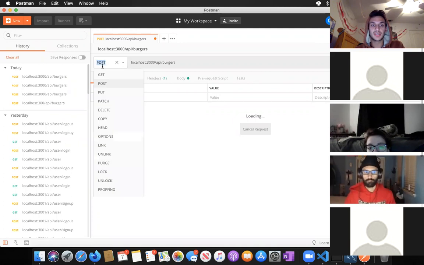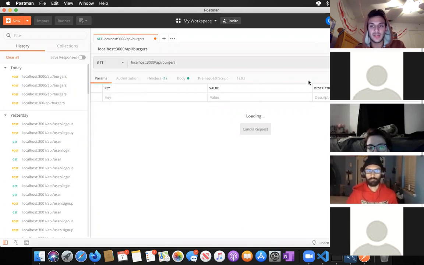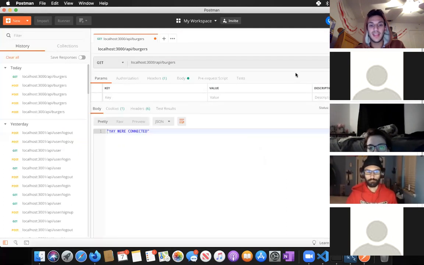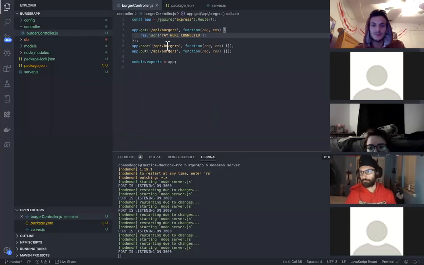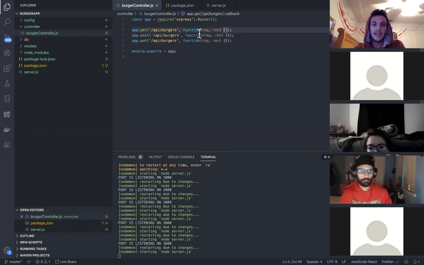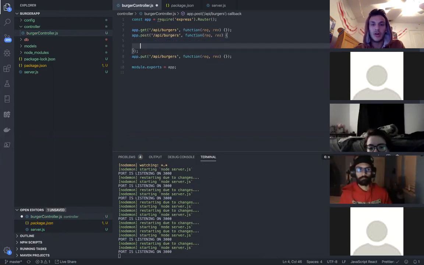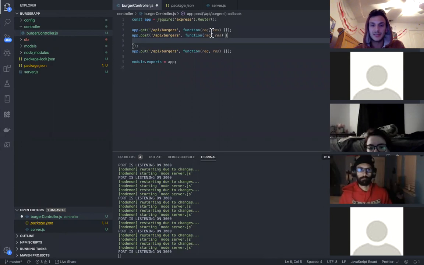Oh, it's on post. Oopsie. So pay attention to what type of request you're setting it as. I only coded the get part so far. So now if I do, okay, yay, we're connected. Okay. So we're not going to worry about that route because we've only been working on the create in the database portion,